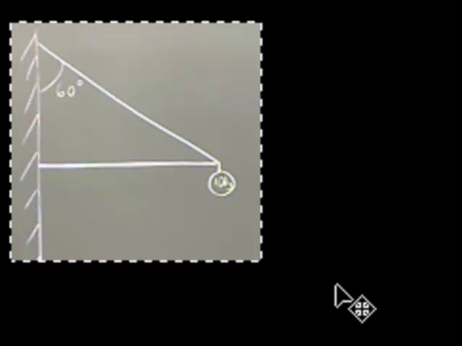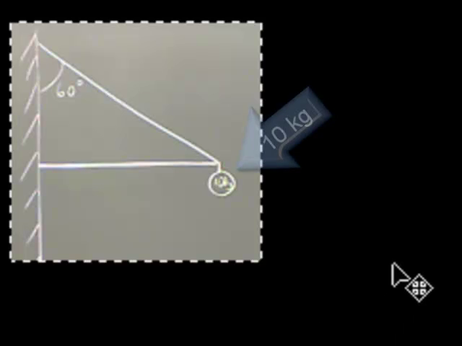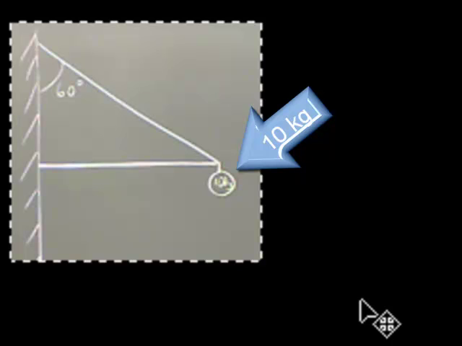Let's analyze this little object here that's got a bar and a cable that are holding up a 10 kilogram mass by drawing a free body diagram of it. So here's the joint where the mass, the bar, and the cable all come together. So we obviously are going to have a force up in this direction, force tension, we're going to call that,